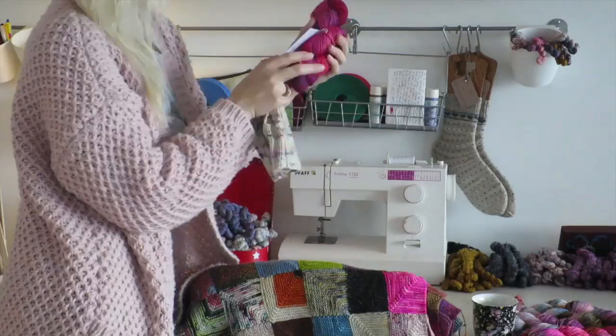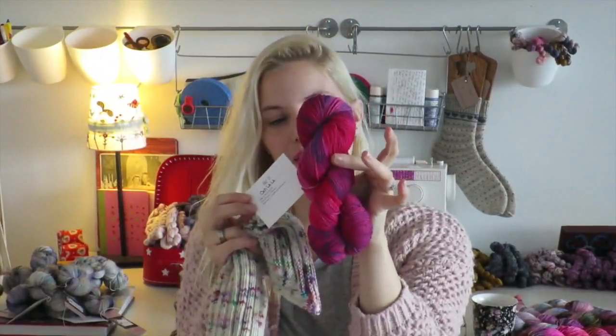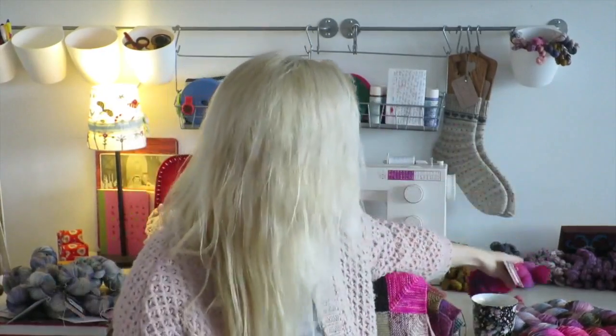It's called Ooh La La, and I thought that she might like that one also. So this is also in the Dale DK, and because she loves pink, she loves purple, it's a really girly colorway. And she said, no, I definitely want that really bold, colorful yarn. So I cast on, and